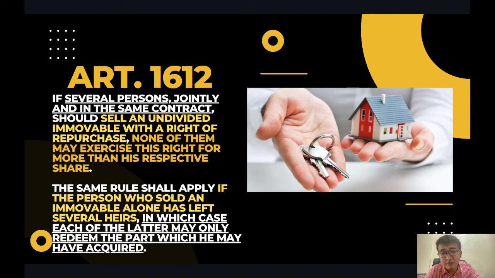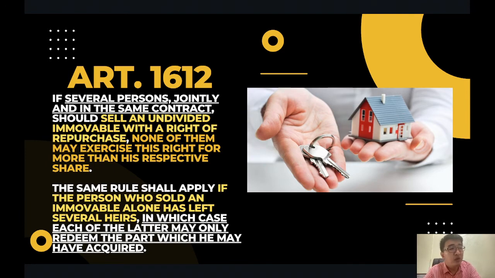The same rule shall apply if the person who sold an immovable alone has left several heirs, in which case, each of the latter may only redeem the part which he may have acquired. So, dito naman, let's say for example, a pacto de retro sale between A and B. Term niya, 10 years. Ngayon patay na si A na nagbenta kay B, pero meron siyang heirs. Ang heirs niya si XYZ. Itong si XYZ,